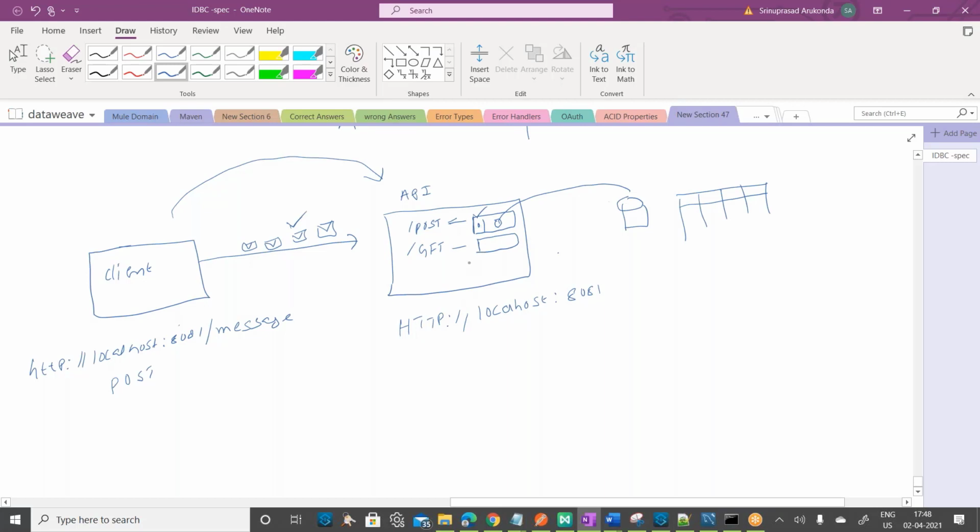So when you want to see the second resource, the URL looks like this: http://localhost:8081/message/2, right? On this URL, if you apply the get method, what will it retrieve? It retrieves the second record, the second message we created, and returns only that message. Now, for the URL http://localhost/message, if I use a get method,